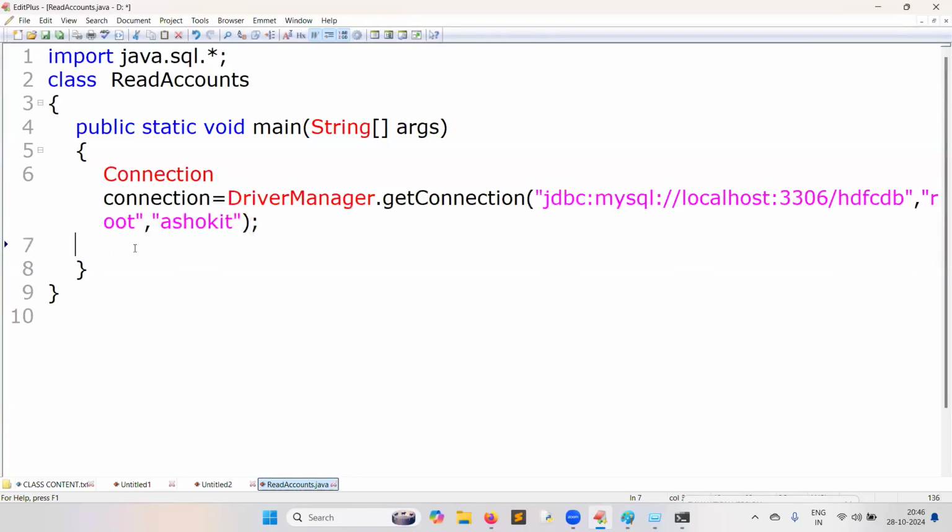Next, what to do? Create the statement object. Statement is equal to connection dot